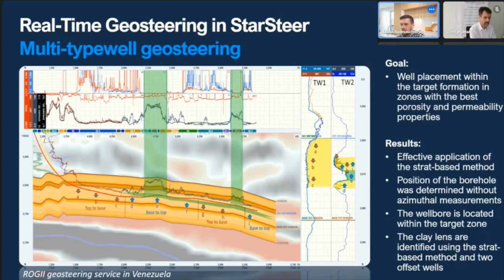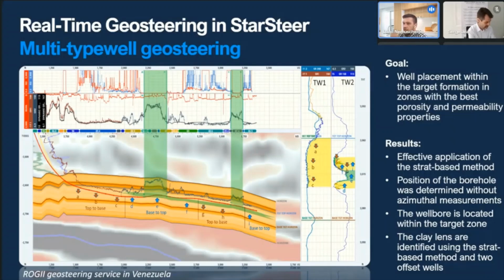We can say only about StarSteer that if you cannot reach your desired reservoir coverage with StarSteer, you don't have any other software to do the same. For instance, here we have a Strat-based method and artificial intelligence, which can help you to drill the well. And I did not see any auto steer from other software providers. So yeah,